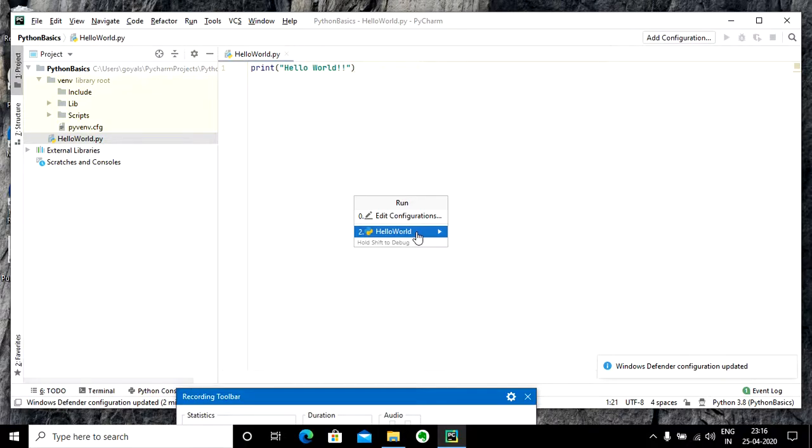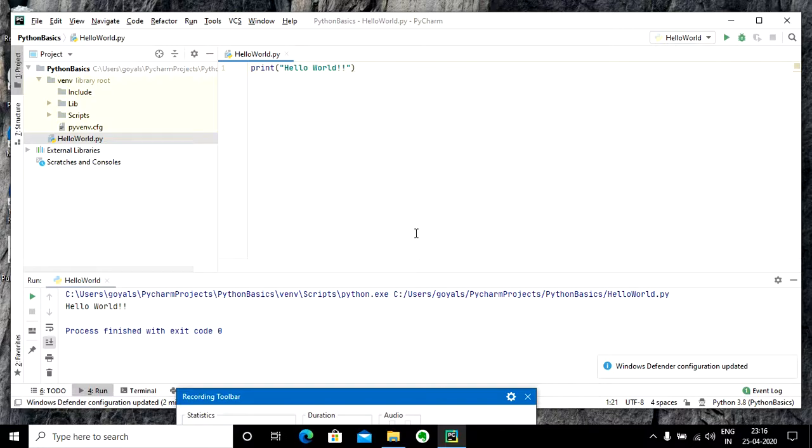I'll click on hello world, which is the name of my file, and at the bottom you can see that the output is there, hello world, and process finished with exit code 0.